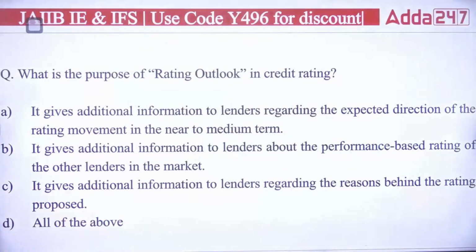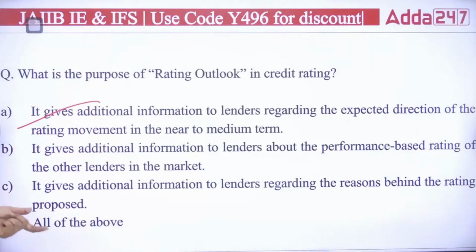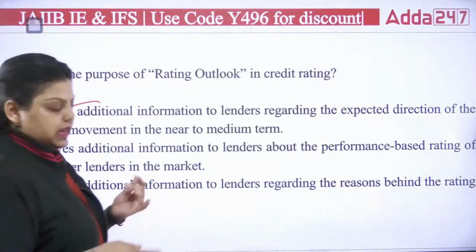How can it be all correct? No, only A is correct. It gives additional information to lenders regarding the expected direction of the rating movement in the near to medium term. Like it is going to be positive,